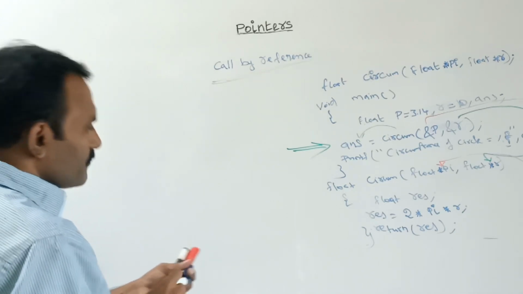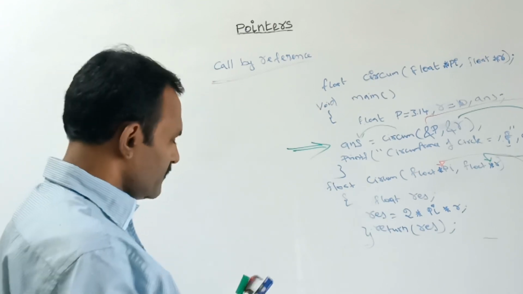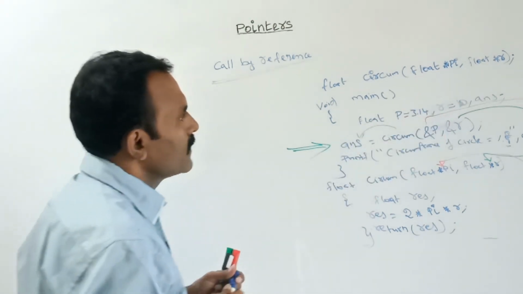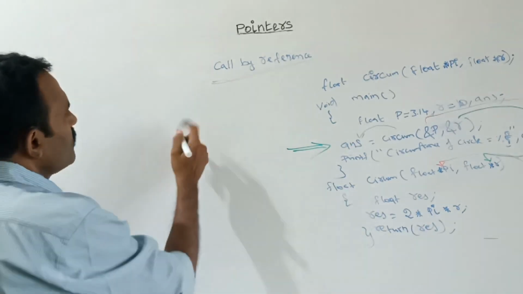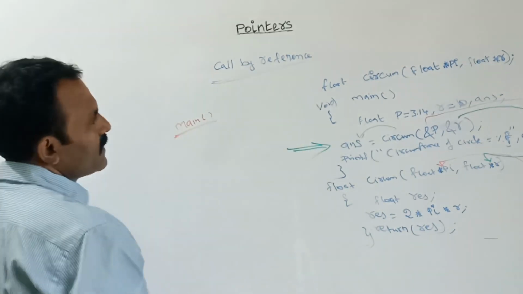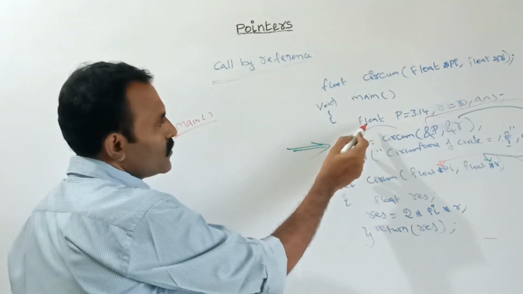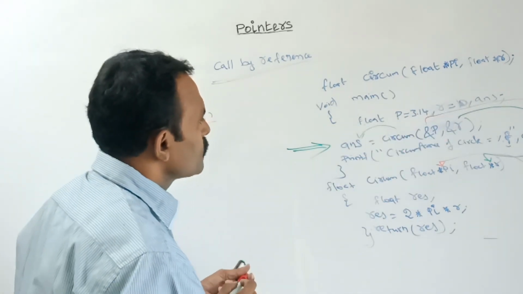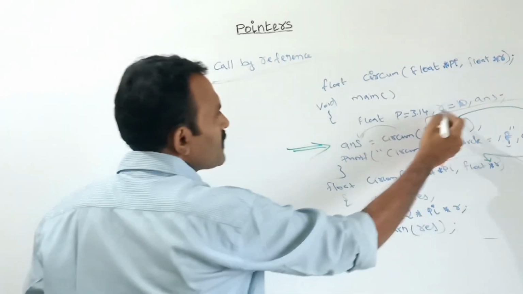Next, suppose you are creating the program like this. While running the program, at the very first the compiler allocates memory for p and r, ans, all of these in the main program. See, here is the main part. While running the program, each and every statement in the main part will execute. Here, very first, float p, r and ans, three variables. So the compiler reserves memory for these three variables.